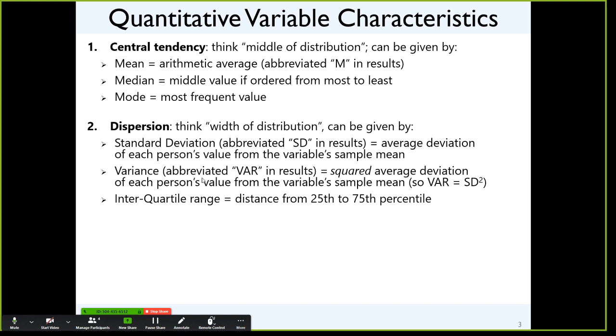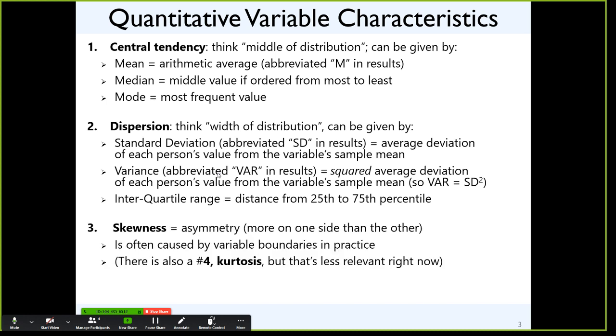For variables in which you have something funky going on, there are extreme values, or it doesn't look like something where just knowing the middle and the width around it is adequate, there's something called interquartile range, which is the distance between the 25th percentile and the 75th percentile. That also will go away after this conversation. That doesn't show up in models anywhere, much like median. Those 2 go together in describing univariate, weird-looking variables. And the third one is skewness, or asymmetry. To what extent is the chunk of the distribution sort of shoved over onto one side versus the other?